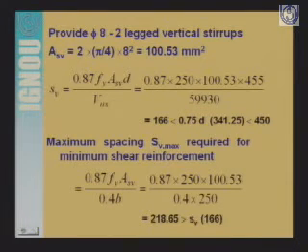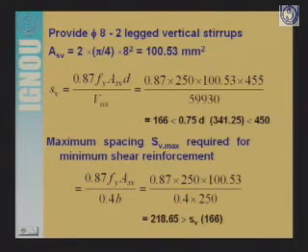So we have to take a decision here to decide the diameter of the bar for these vertical stirrups, and we are deciding here that we are going to provide 8 mm bars